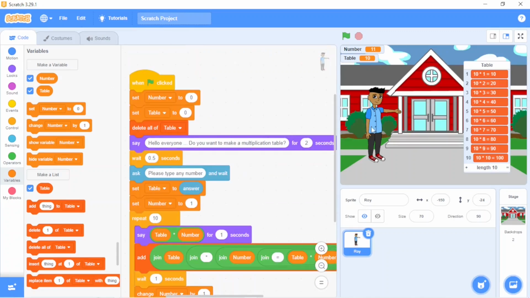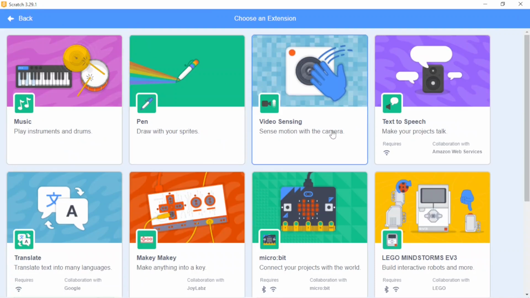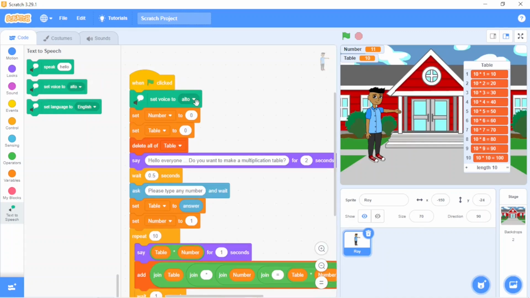Now we want him to speak. So for that, you can see a blue box at bottom corner. Just click on it and you will see text to speech on the fourth one. Make your project talk. So click on it and now I'll set voice to alto, not alto actually, tenor, because he is a boy and tenor is a boy's sound.